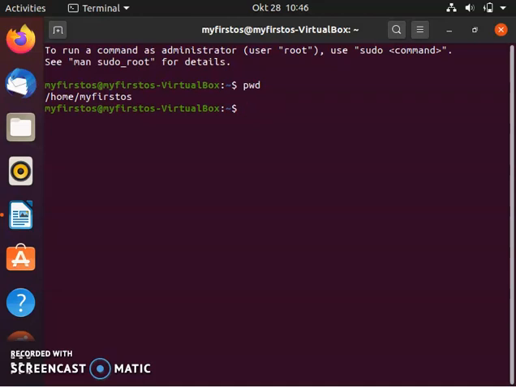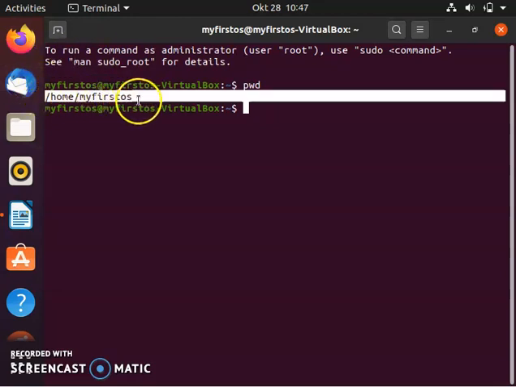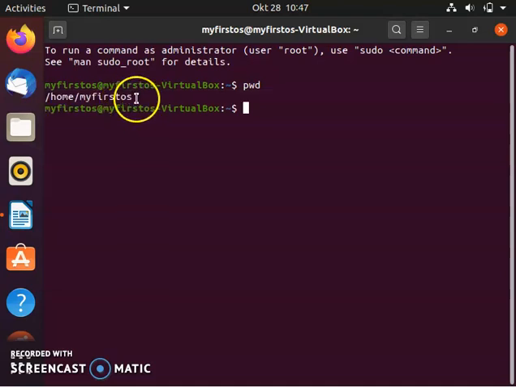It gives the absolute path where the path starts from the root. The root is the base of the Linux file system, and it denotes the /, and it looks like this: /home/my_first_TOS, which basically talks about